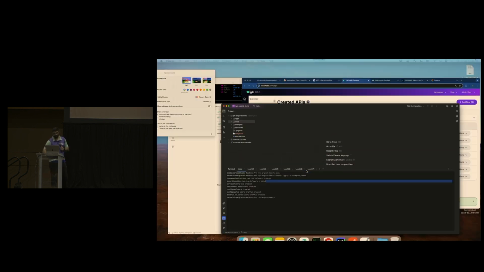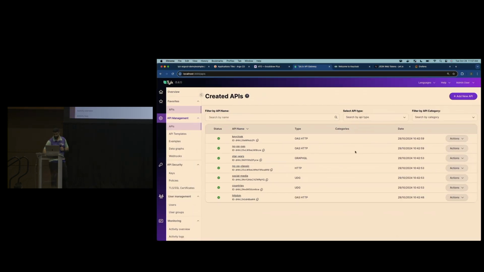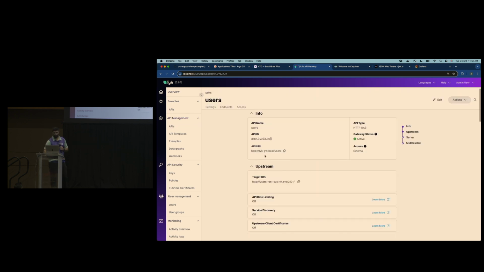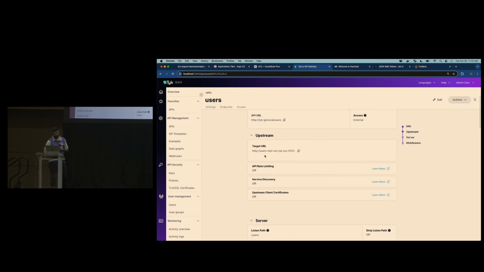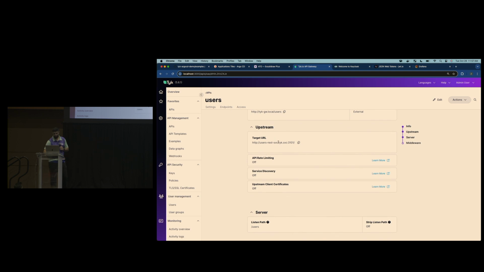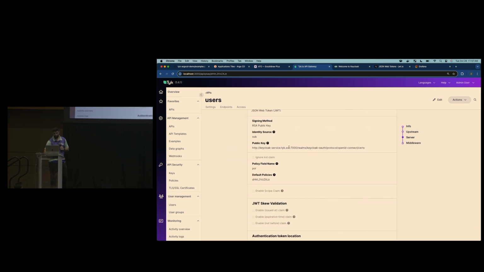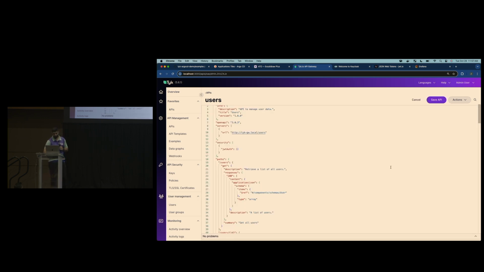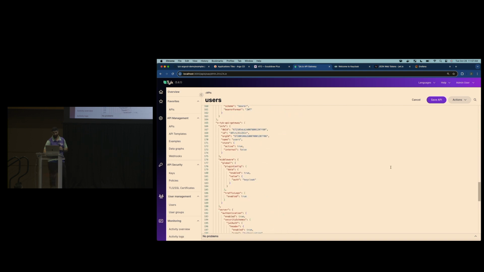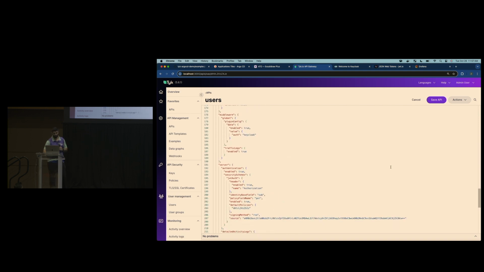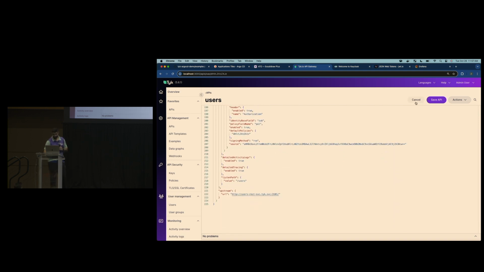If I go ahead and hit send, and refresh this, now I have this users endpoint. It is created as an OAS API. You can see the upstream here, you can see the listen path, and you can actually see the keycloak settings that we have in here. If you take a look at the OAS definition, it has changed, and it now includes all the keycloak strings.